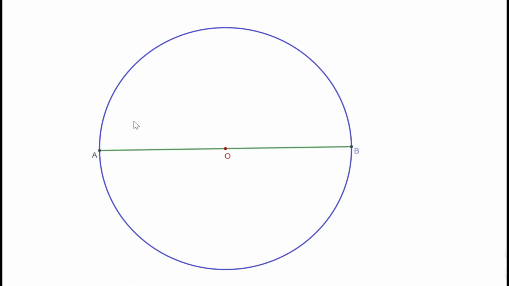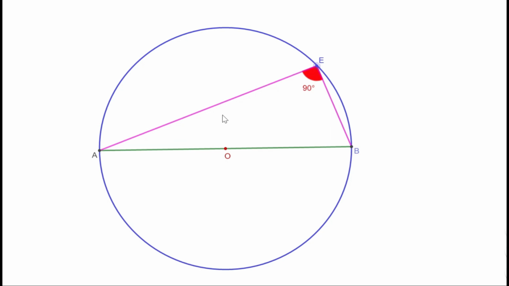Now let us draw a circle and a diameter of this circle. Suppose the ends are joined to a point and we got a right angle. Can the point be inside the circle? No, because we know when the point is inside the circle, it is more than 90 degree. Now, can it be outside the circle? No. We know when the point is outside the circle, the angle is less than 90 degree. That means the point cannot be inside the circle and it cannot be outside the circle. So it must be on the circle.